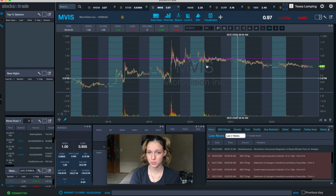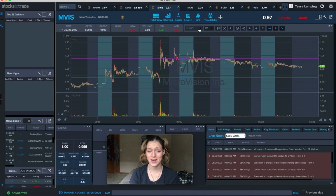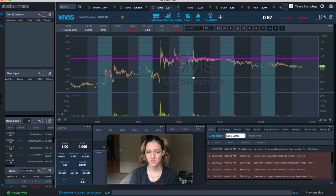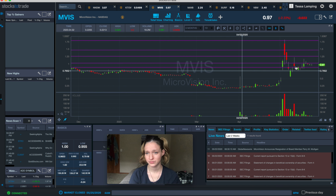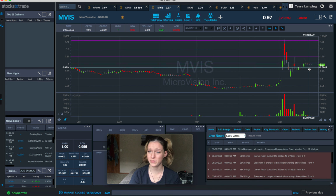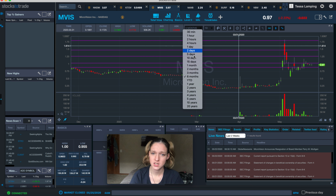So this one spiked up. This one has ran quite a bit, and it's just kind of fading. It's doing the sideways. It could panic back down, but it's kind of around a support line. This I'll just keep watching, but